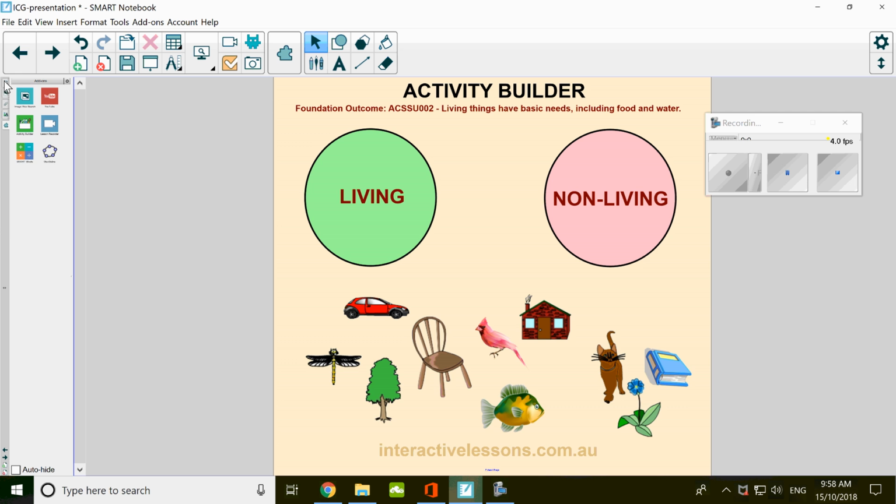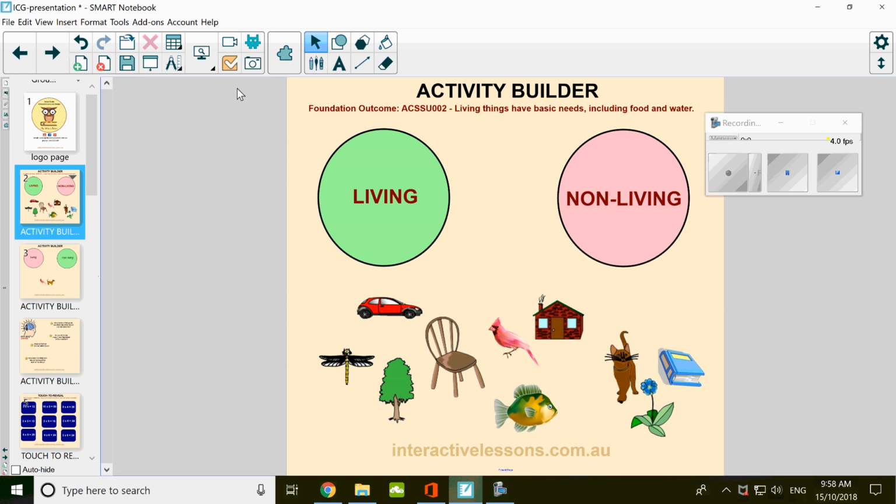So here we have what's called an activity builder. It's very similar to the Vortex activities in older versions of Smart Notebook. Basically what happens is you create your categories on the page and you ask the students to drag in items where they belong. And if they're correct, so if you drag a living thing into here, it will accept it by sucking it in and making it disappear. If you are incorrect, it will reject it by snapping it back out,